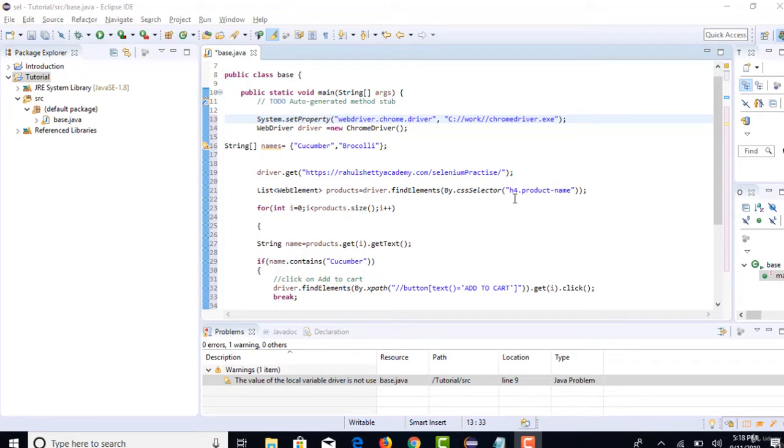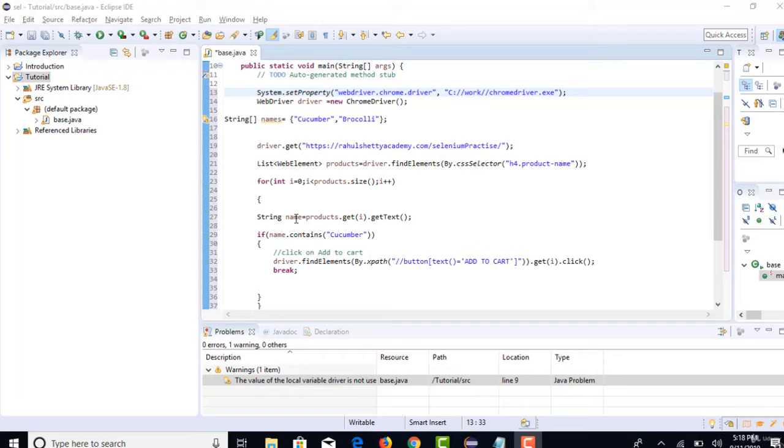Welcome back. Now our goal here is to verify whether the name we get for that product is present in the vegetable names we designed or not. Let me give a proper name to this, because both are conflicting, right? Name and names both look similar. Let's say veggies. So these are the veggies you want to add to the cart, or you can say items needed. So these are the items we need, and this is the name we got from the product.